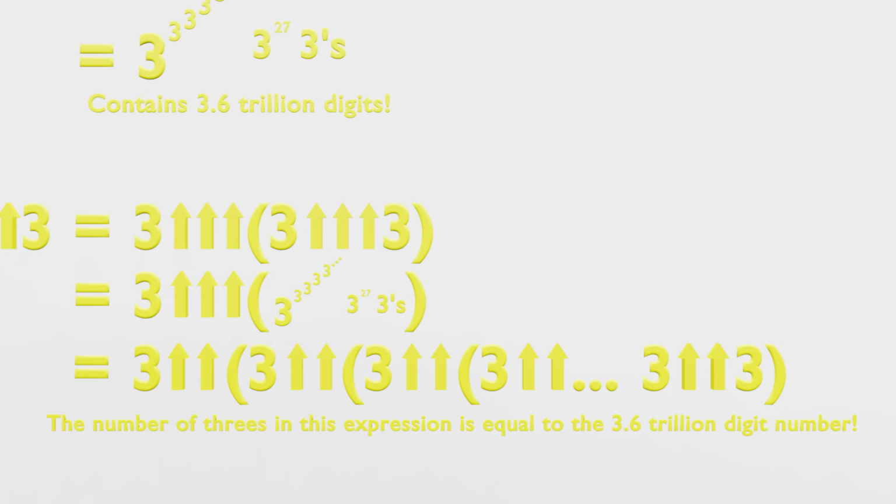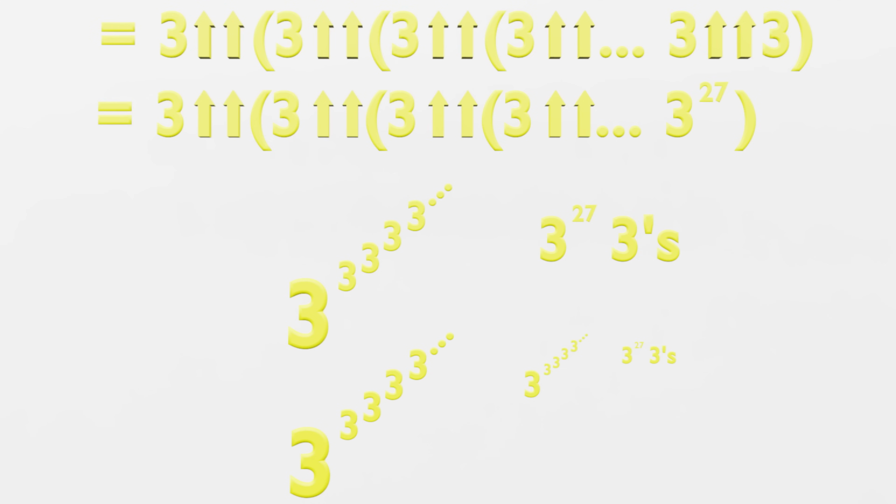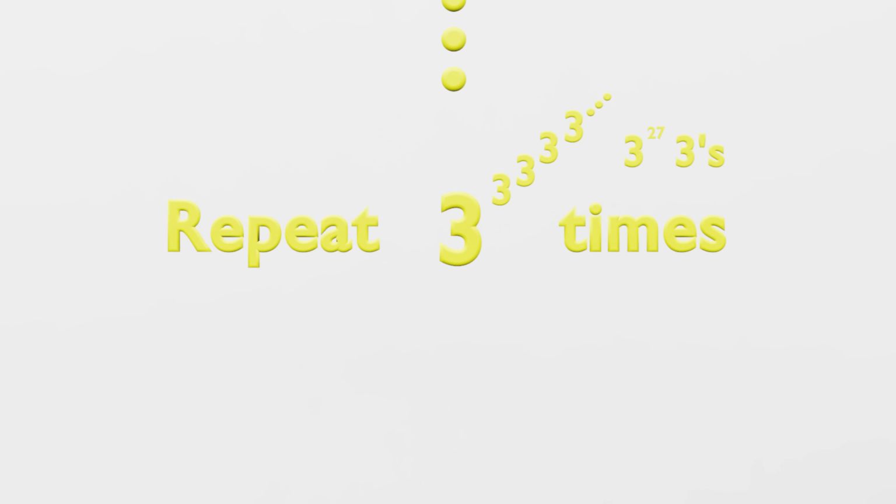Now that we have this image in our head, we're going to try and get rid of some of the up arrows. We know 3 double up arrow 3 equals 3 to the 27, so we can substitute this in. We then know 3 double up arrow 3 to the 27 is equal to 3 to the 3 to the 3 continued until we have 3 to the 27 threes in our power tower of threes. The number that results from this would become the number of threes for our next power tower, and then that number would become the number of threes for our next power tower, and so on. You remember that 3.6 trillion digit number that we derived earlier? Well, for each number up to this huge number, we repeat this process, and only then do we reach the result for 3 quadruple arrow 3.